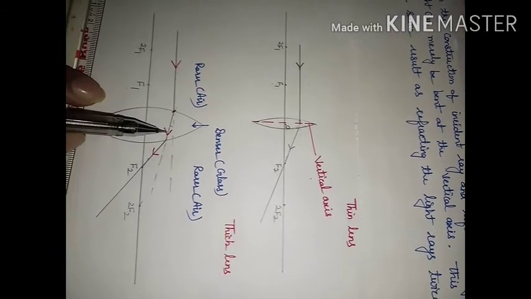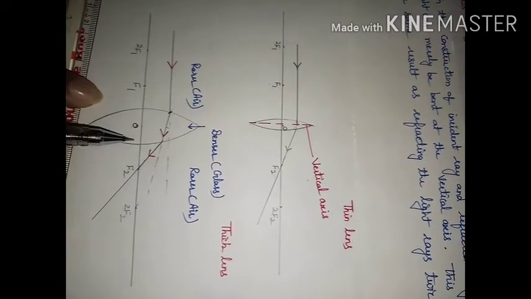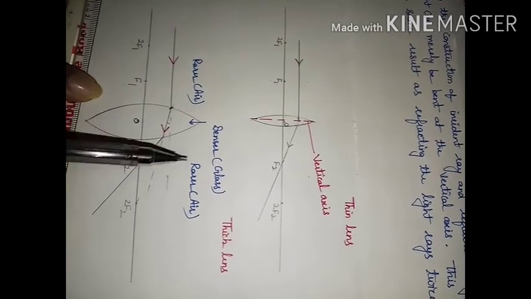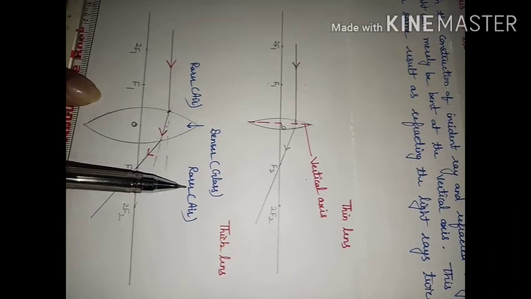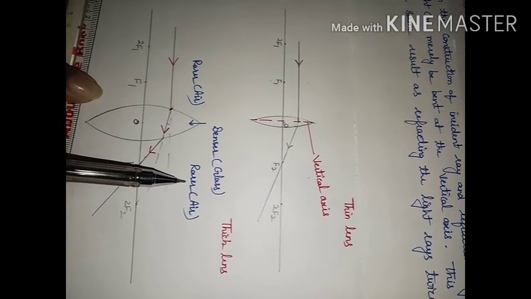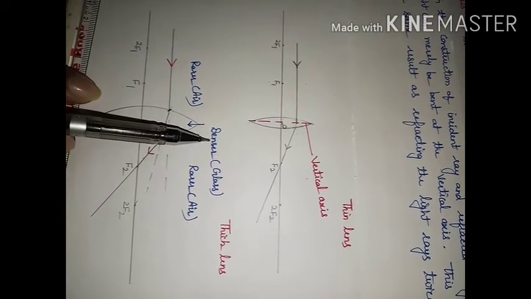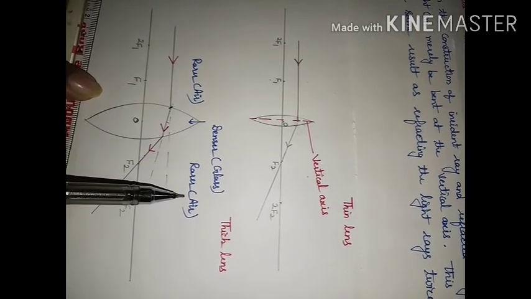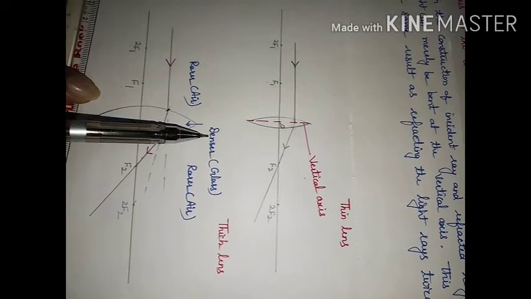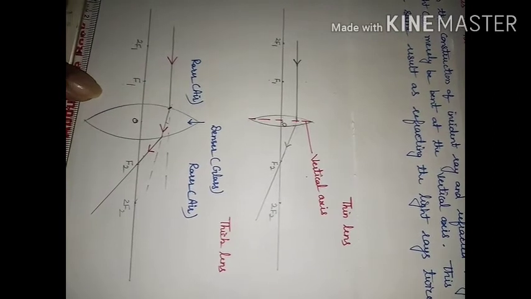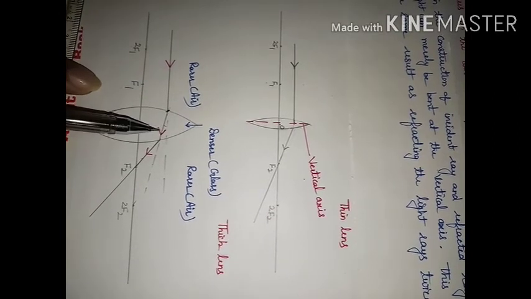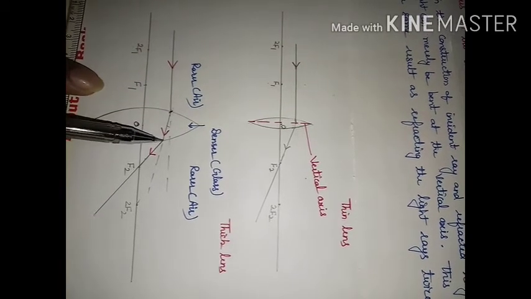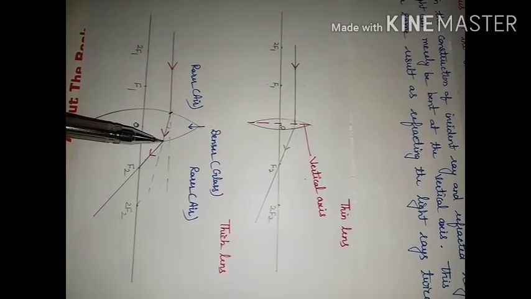When the ray of light comes out from the lens after crossing this surface, it is now coming from denser medium to rarer medium. And you know, when the ray of light goes from denser to rarer, it has to move away from the normal, and when it goes from rarer to denser, it has to move towards the normal. Now it is not going to follow this straight line path.